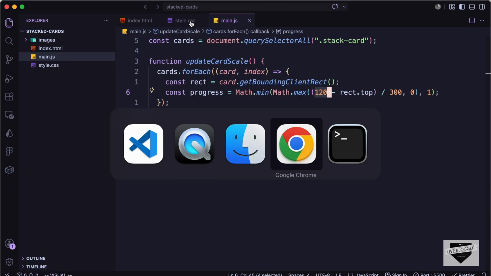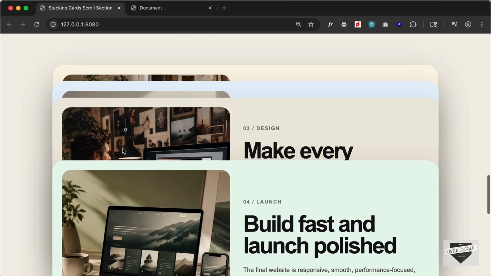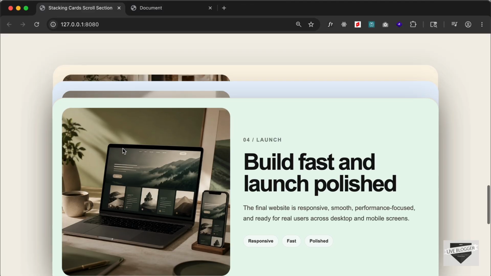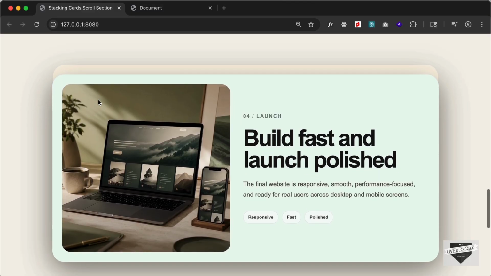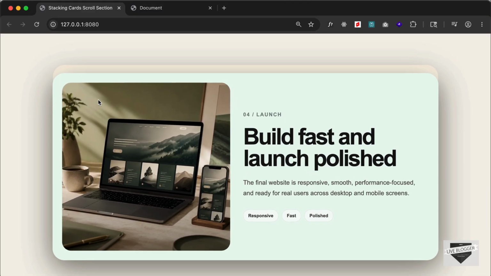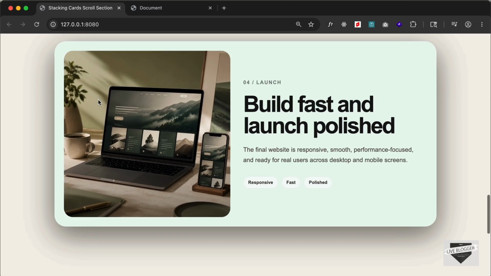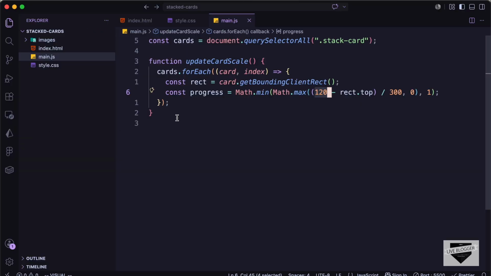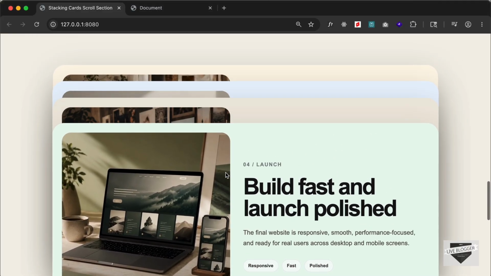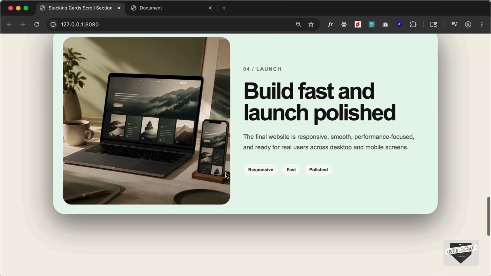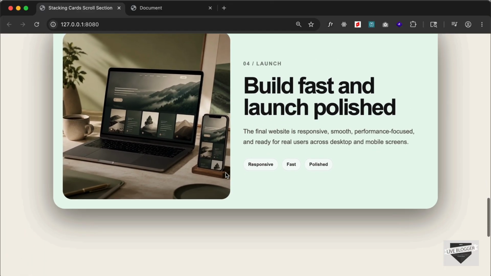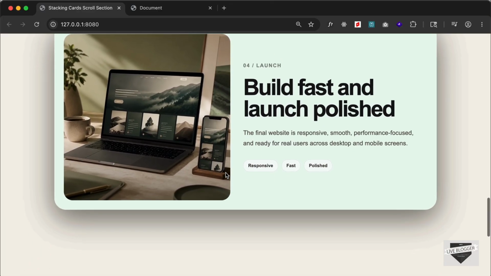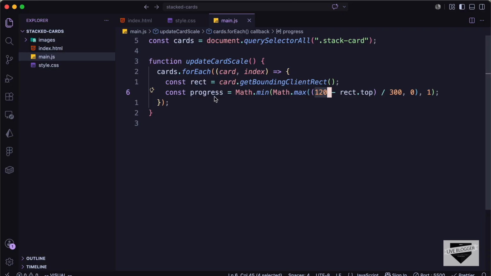So if you go back to the original design, if you scroll down, we can see that the animation starts after the card reaches here at the top from a point of 120 pixels from the top. And this value 300 is basically controlling how much scrolling is needed for the animation to complete. So in this way, the animation happens slowly based on the scrolling speed, and this whole value should be between